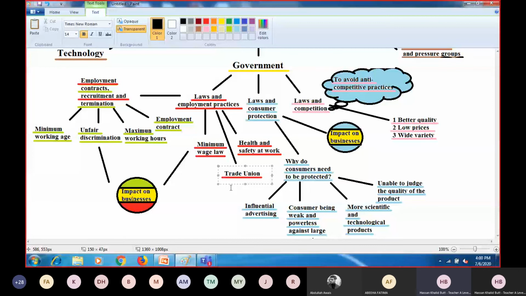And what will happen? You will have better relationship with employees there. So smooth working will take place. You will be able to meet the demand timely, better quality, and good healthy working environment as well at the same time. So there will be lower labor turnover as well because workers are happy because of that. So in that way, trade union helps owners or employers as well.